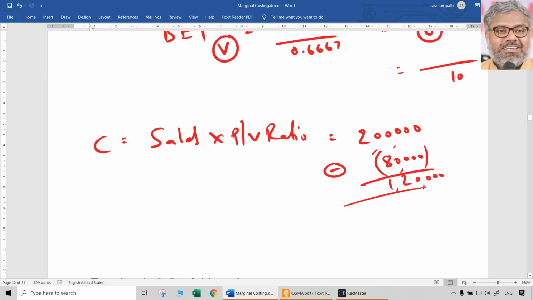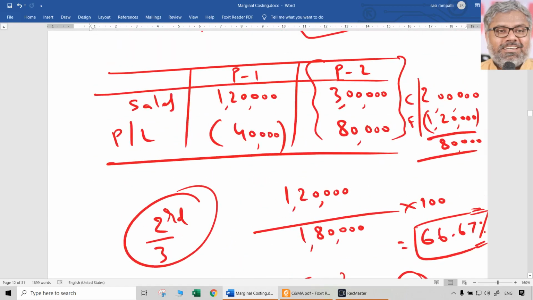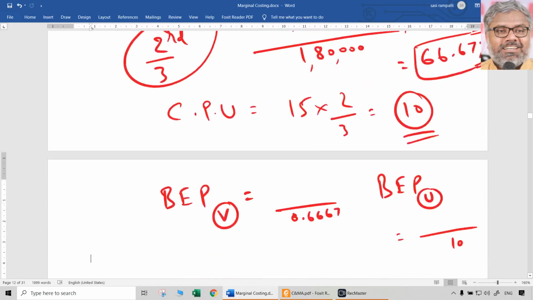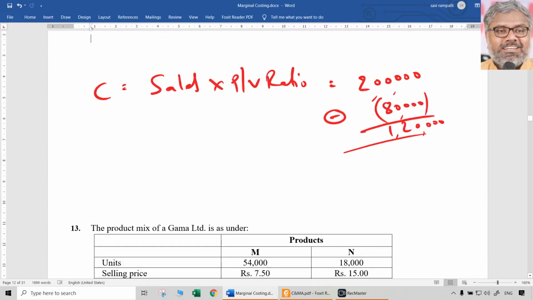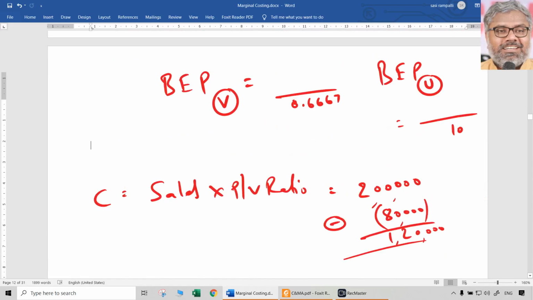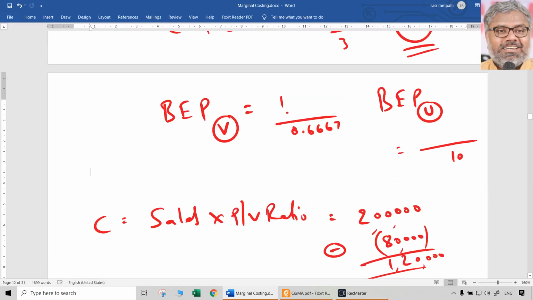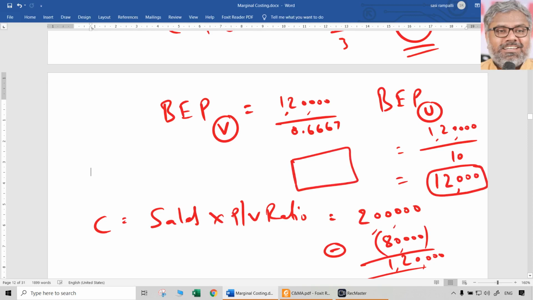Like this you have to just show that. So 1,20,000 is the fixed cost. Even if you substitute in period 1 also, you will get the same answer. But be careful with the sign, plus and minus. With 1,20,000 fixed cost, substitute here, you get break-even point directly. How many units are supposed to be sold to break even? 1,20,000 by 10. That means 12,000 units are supposed to be sold to break even. That is the answer for the second question, break-even point in units.